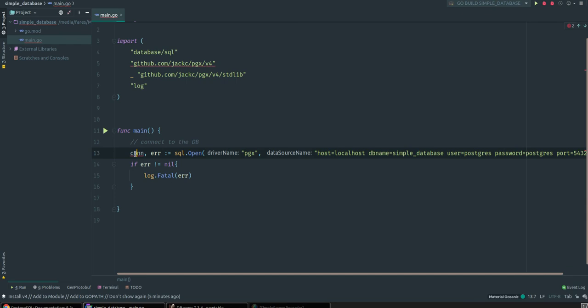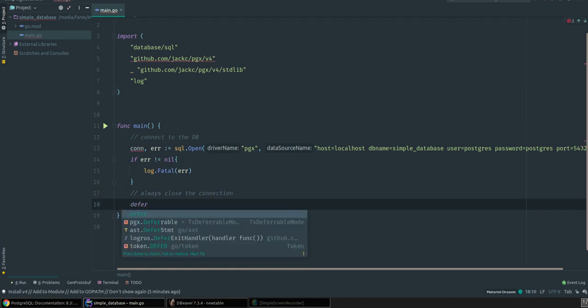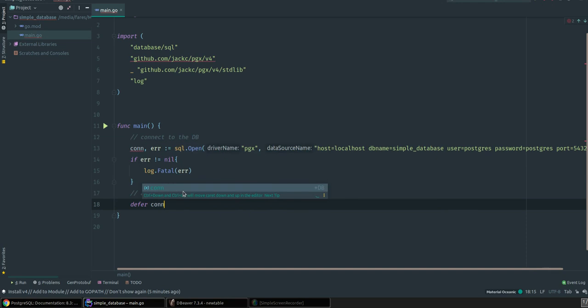Otherwise we will use this. And as you know, always close the connection. So defer con.Close,